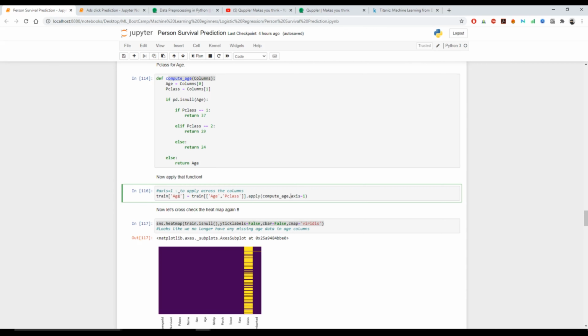Then we had made our data set complete, ready to feed to our model. Once that was done, we split our data set into two parts, X test and Y test. Based on the training data set, we predicted the values from our model. Once we got the prediction, we moved ahead and did the evaluation using three different techniques: the classification report, the confusion matrix, and the accuracy score.